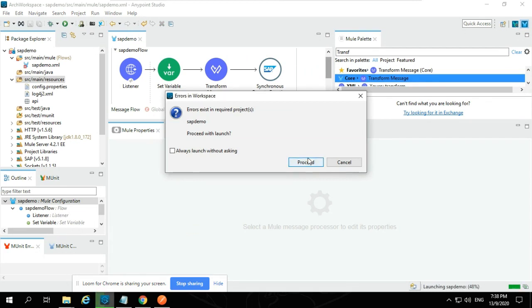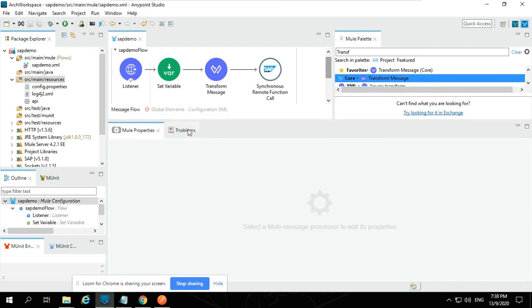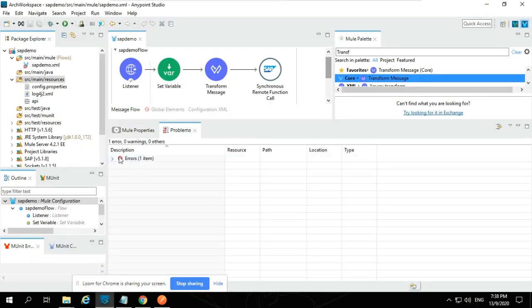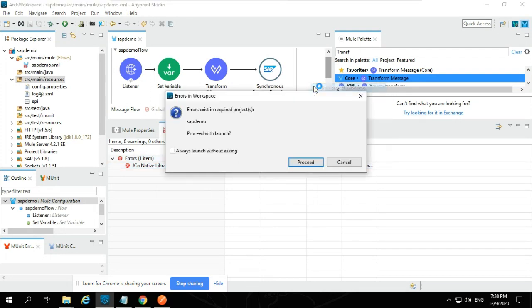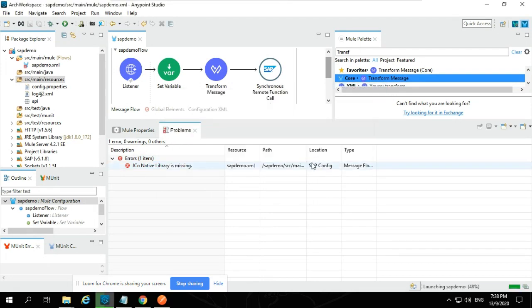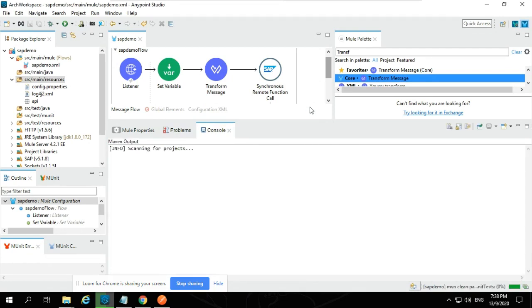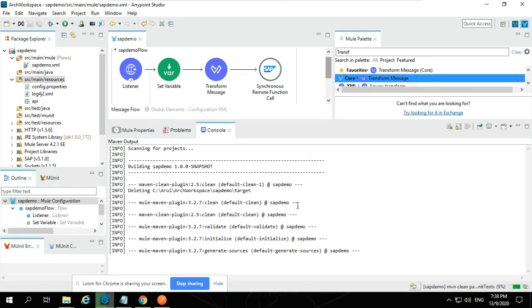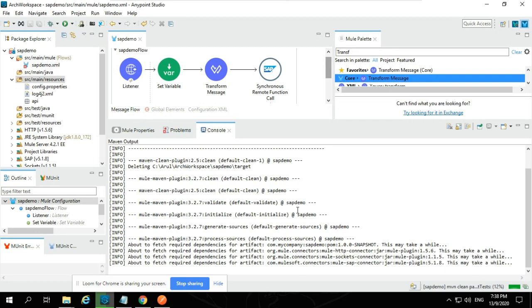This error is coming because I have given a wrong DLL. You can see the problems as well. It will show one error with the DLL only, because of the JCo library, which I have not given the correct one. So it's not able to recognize it. That's still okay for running this process, but in actual integration, you have to give the proper DLL which you got from the SAP team, which they might have downloaded from the SAP marketplace.